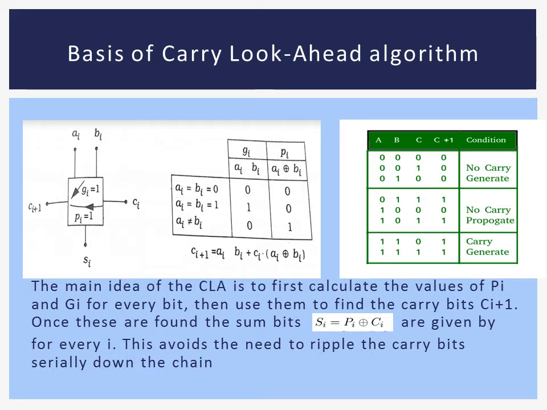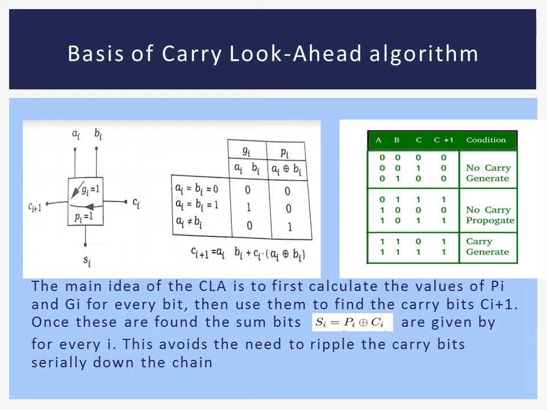And since the propagate term is nothing but an exclusive OR operation, wherein you will be getting 1 only when both the inputs are not equal, that is Ai not equal to Bi, then only you will be getting the propagate term, and the same is also shown here. You can see here 0, 1, 1, 0 and 1, 0. So propagate term is there, whereas here no carry will be generated because one of the terms is 0, so A into B product would be 0. So no carry would be generated. And whenever both the terms are 1, 1, then the carry will be generated.